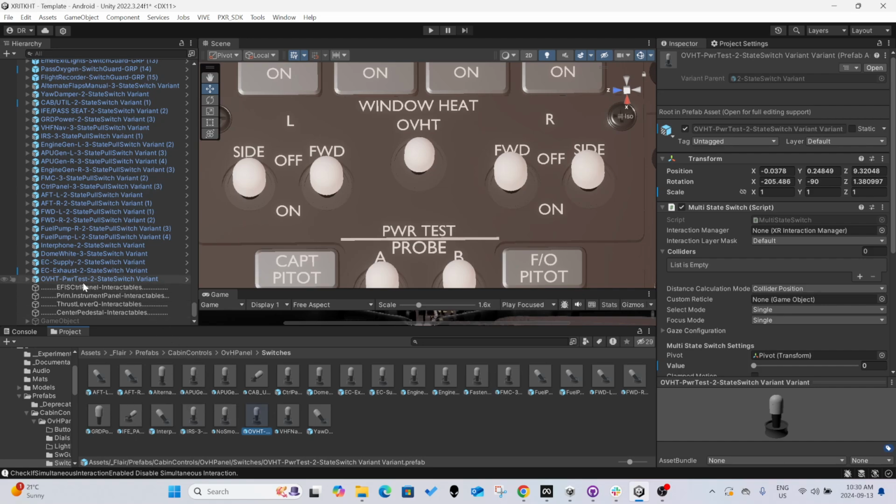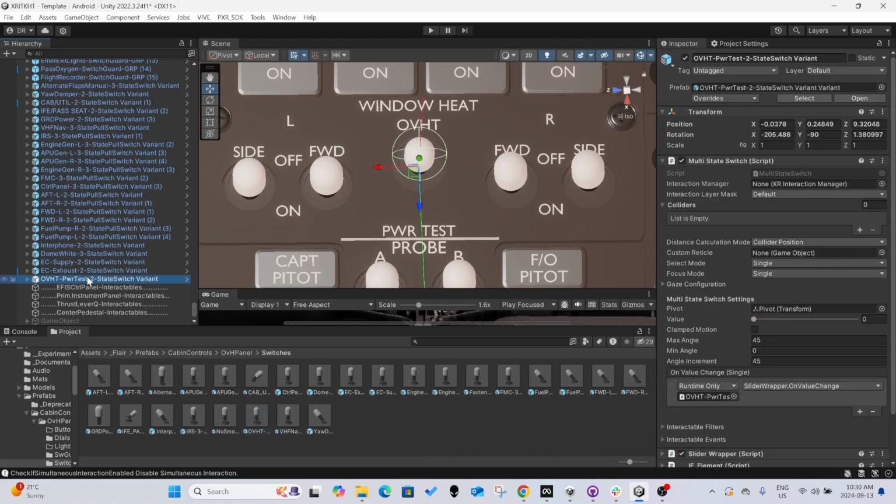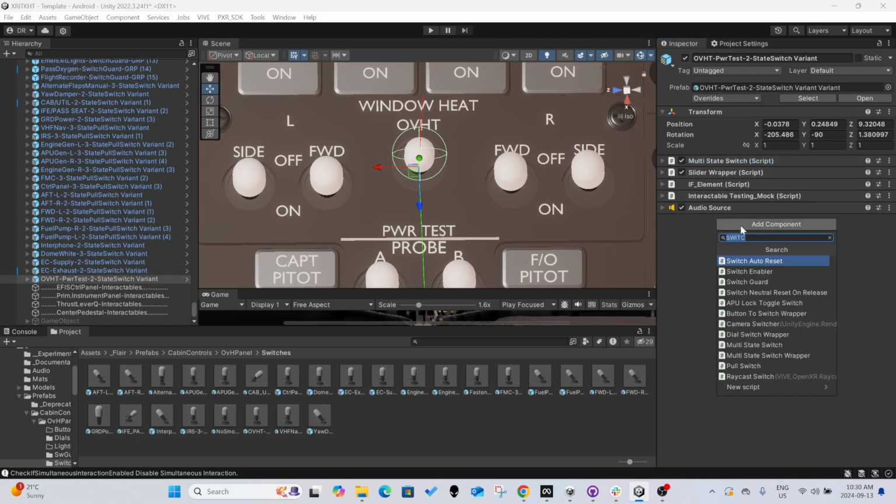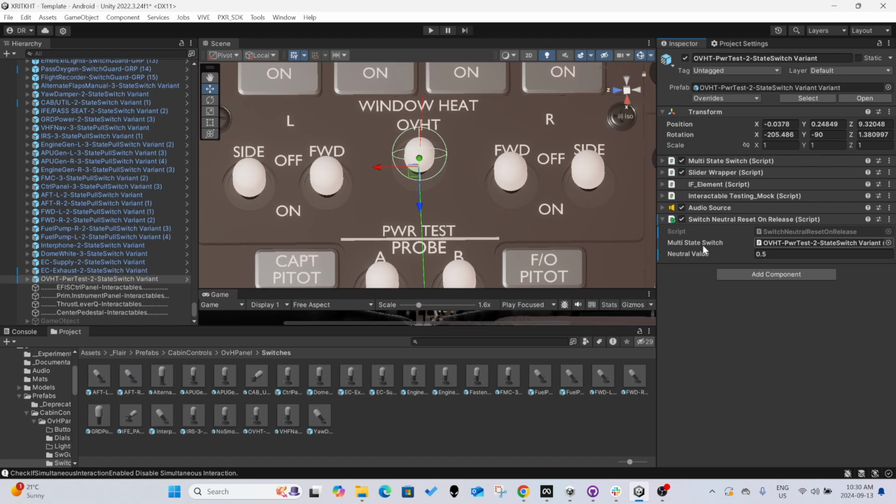So what I can do now is reselect my object here, my instance. I'll just collapse everything here. Add a component, and this one, switch neutral reset and release script. This one is asking for multi-stage switch type, which in this case is the same one in the same component in the same object. That's fine. And the value